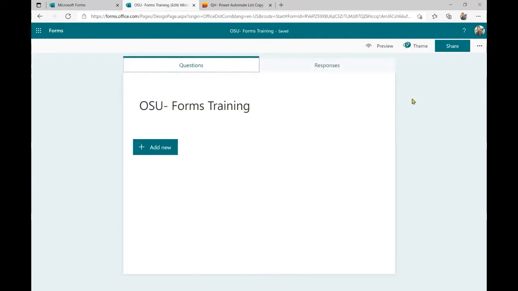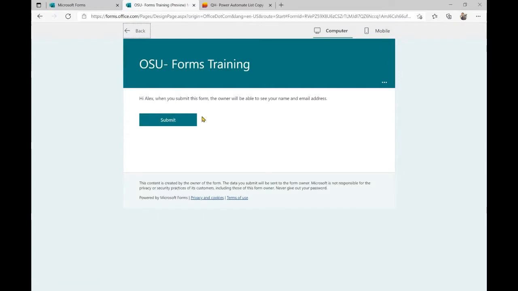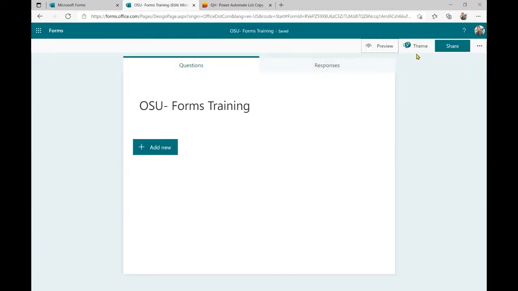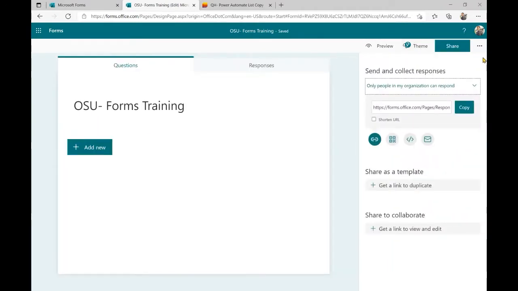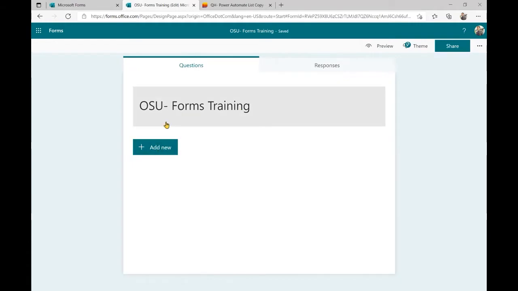And we'll talk more about how to do that here in a second. Okay, so here you have a preview. Again, we haven't built our form yet. You'll see exactly what your form looks like when you get ready to, or what it will look like to the recipient once you send it out. And themes and sharing features. So before we go through all this, let's go ahead and start building out our form, and then we'll come back to these portions and kind of demonstrate those areas.